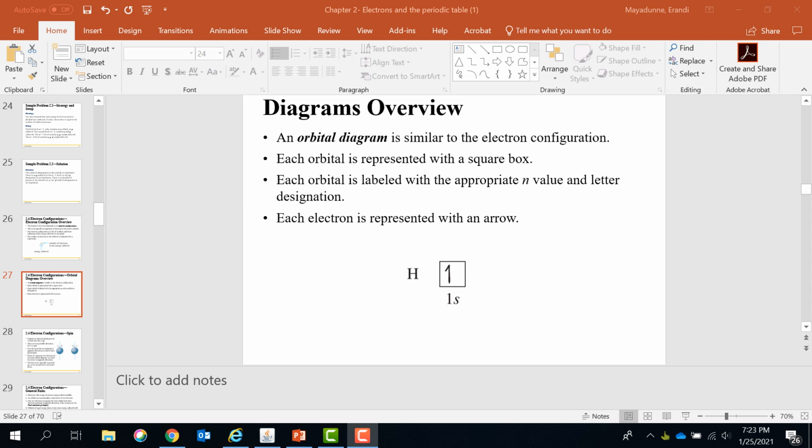Okay, let's look at how to write the electron configuration and orbital diagram. For this also, I have a detailed video I posted. Please watch that. I made it only for writing electron configuration. So, electron configuration and orbital diagram is a way of representing the number of electrons in an